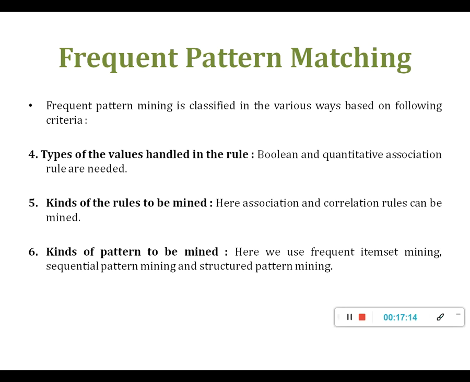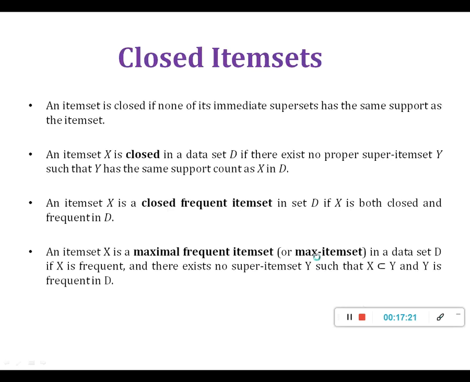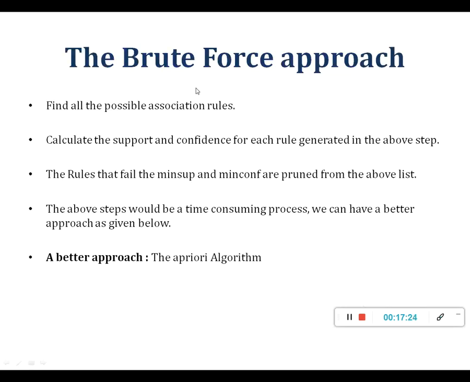These are some criteria given whenever we want to do frequent pattern mining. In the previous slide we mentioned that we want a better approach to avoid calculating support and confidence and then checking whether they satisfy our minimum condition or not. The better way, given as a solution, is the Apriori algorithm. We are going to learn the Apriori algorithm, a very important topic of data mining, in the next session.